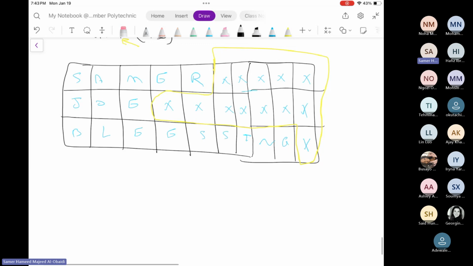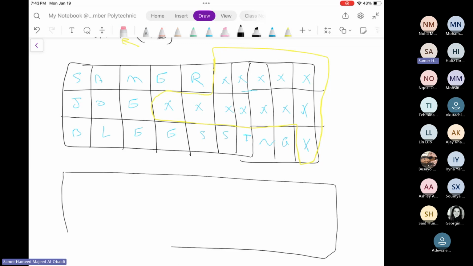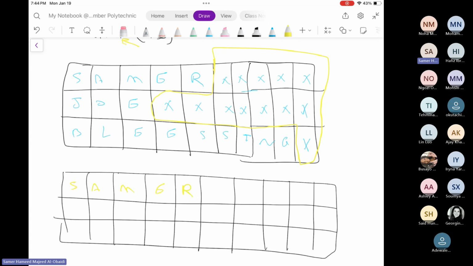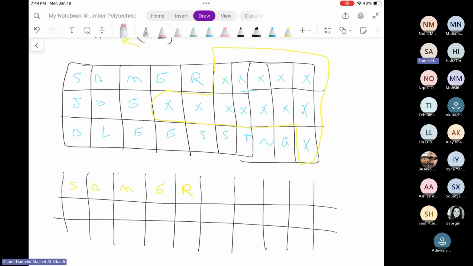Var character also we will have 3 records. 1, 2, 3, 4, 5, 6, 7, 8, 9, and 10. Now, the difference comes here. We will have SAMER, and the rest are empty. Then what will the system do? The system will